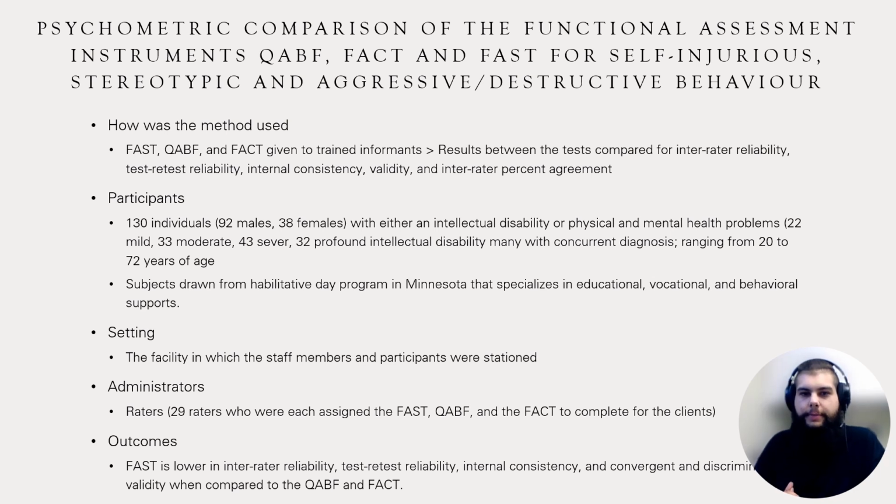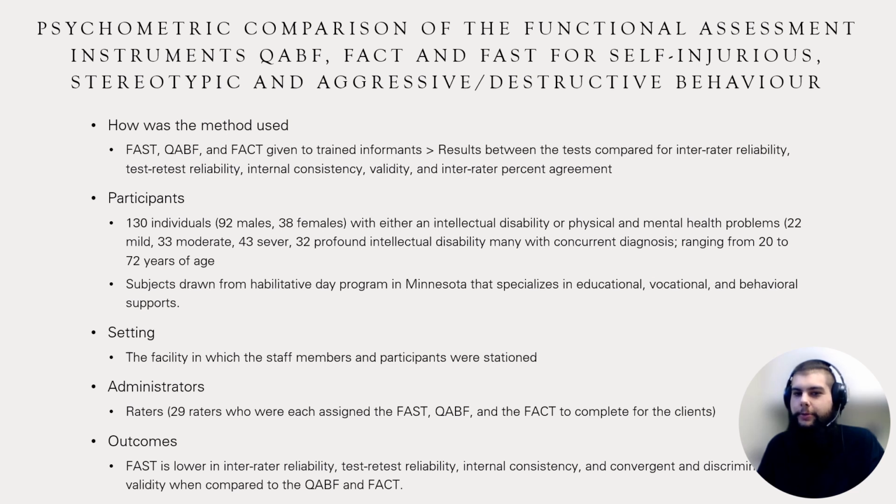Alright, so the method was giving the three tests, those being the FAST, the QABF, and the FACT, to trained informants to fill out on a specific target behavior of their chosen client. These results are then compared together to test inter-rater reliability, test-retest reliability, internal consistency, convergent and discriminant validity, as well